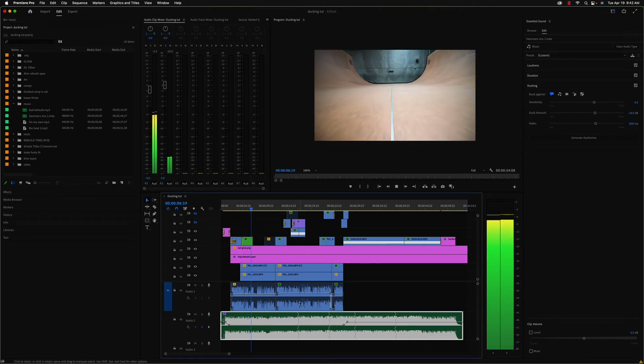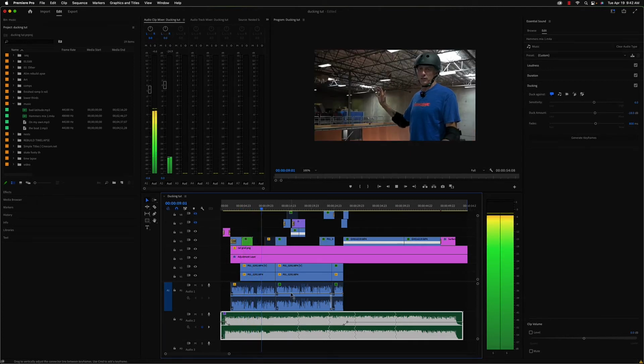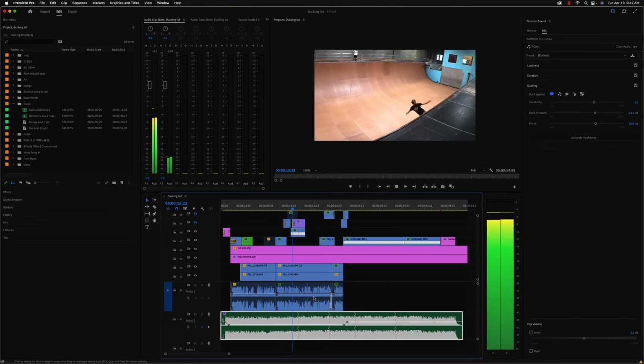Okay, so we can see that the music has been ducked against the dialogue. And if we move on down to the end of the dialogue,